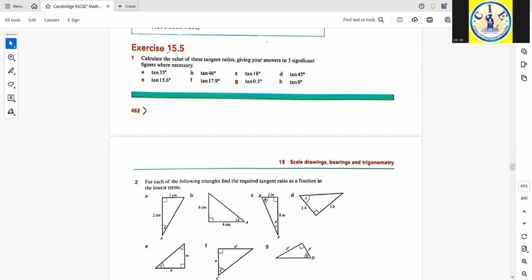Exercise 15.5. Calculate the value of these tangent ratios, giving your answers to three significant figures where necessary. First of all, what is a tangent ratio? We need to understand. Whenever there is a right angle triangle,